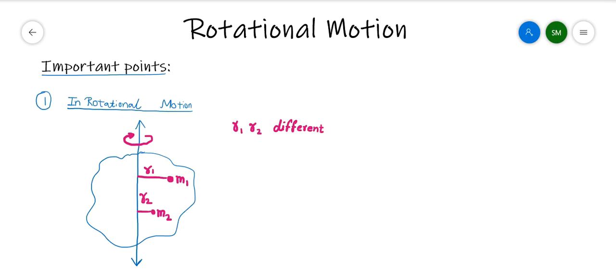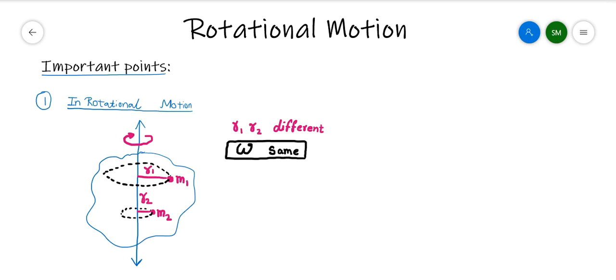When the body rotates, as you can see in the diagram, all these particles revolve in a circular path like this. When these particles continuously revolve in a circular path, the angular velocity omega of all these particles is the same. It's a very important point that a student should remember. These particles have the same omega but different r distances.